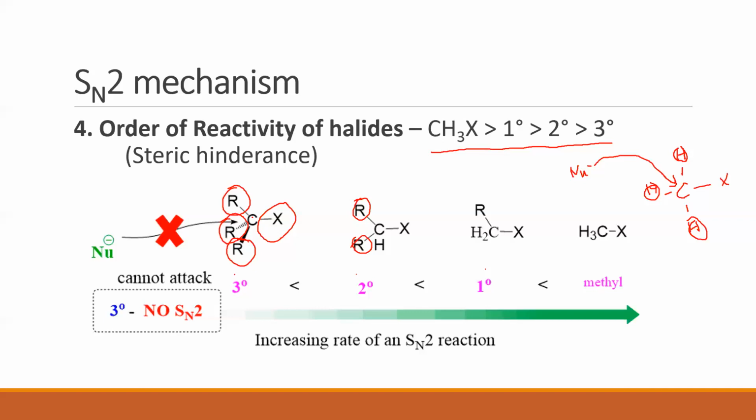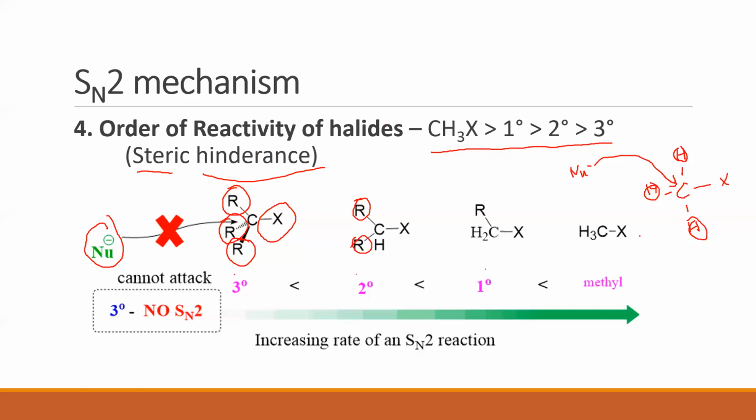Clear? You got that? This phenomenon or this concept is called steric hindrance. Steric means space. We looked at this already last year. Steric means space. Hindrance means problem. Now, is there a problem for the nucleophile to attack the carbon? Yes. What is the problem? There is no space. Why is there no space? Because all three R groups are big groups. They are not allowing the nucleophile, which is also big, to go and attack.